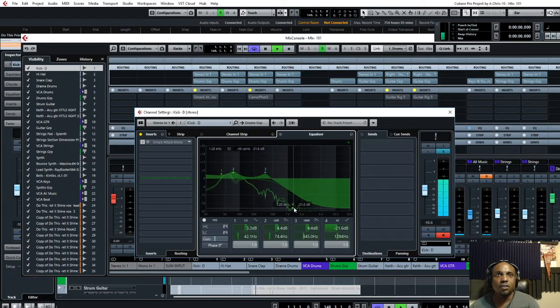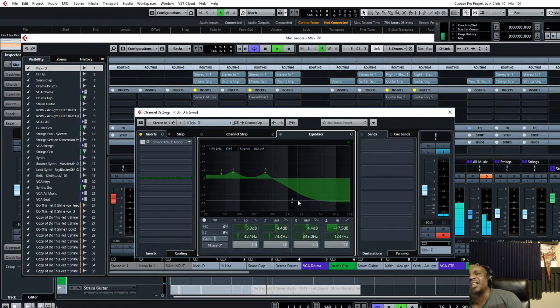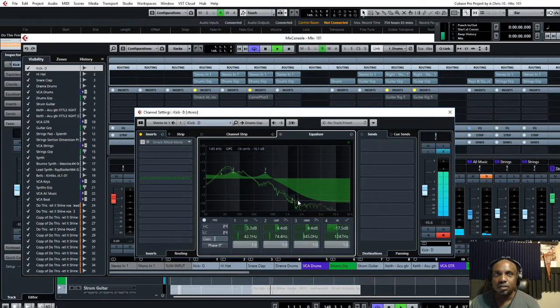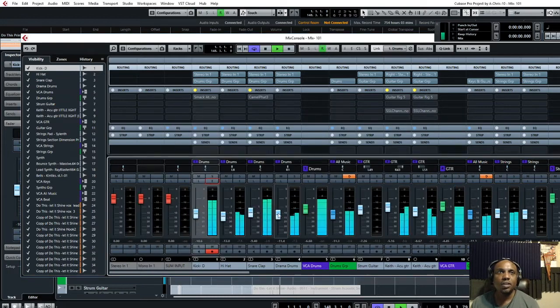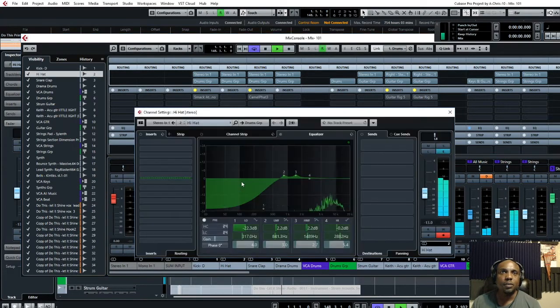So now, in theory, you can just cut it all out, but sometimes if you cut too much of the highs out, it just sounds too generic, and I don't like that. So you have to really listen to see what sounds good, while at the same time cutting those frequencies to give room for the other tracks in the song. So you have that. Same thing with the snare,